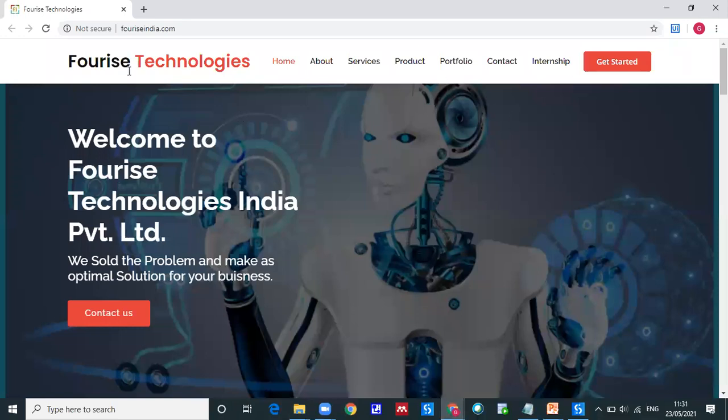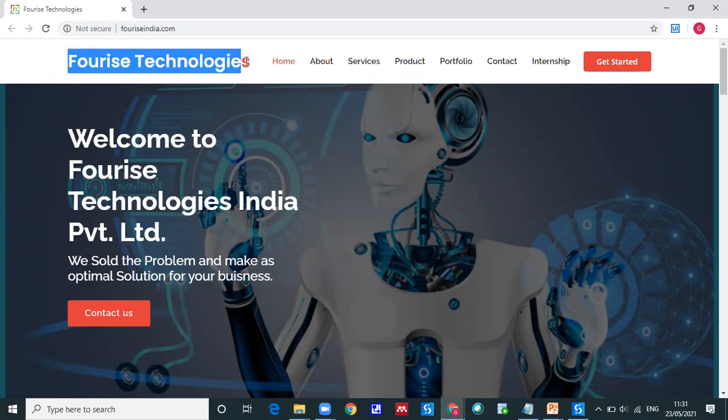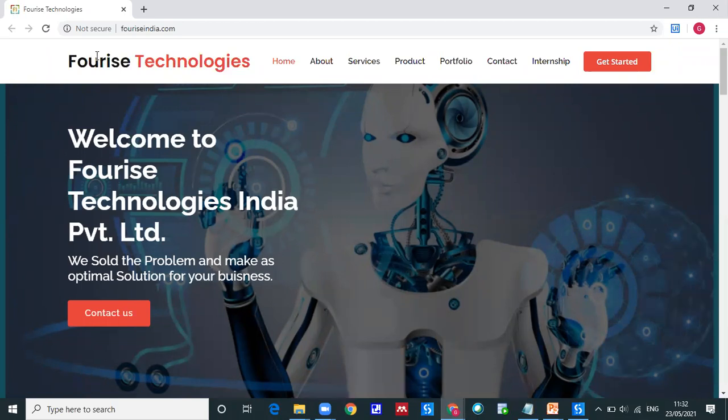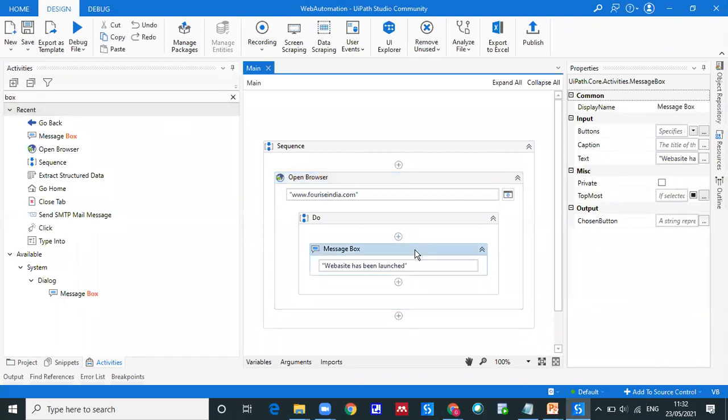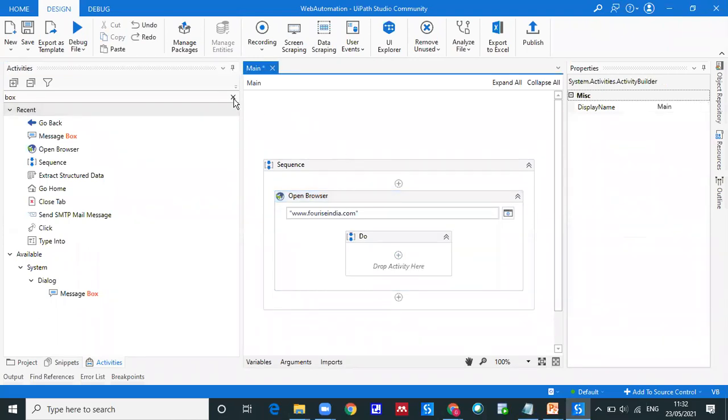How will we confirm it? As a human being, I will confirm by whether the page is visible to me or not, or I will just identify this logo. Yes, the logo is visible to me. It means the website has been launched properly. Are you getting my point? So the bot will not ensure it, we did not code the bot here to check whether it has been opened or not. So how can I ensure it?